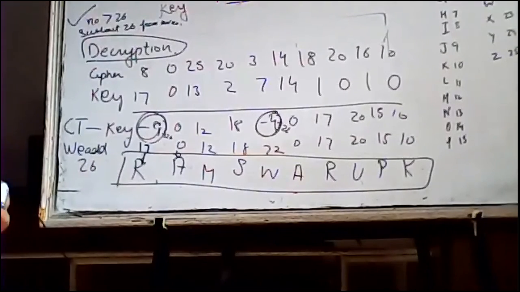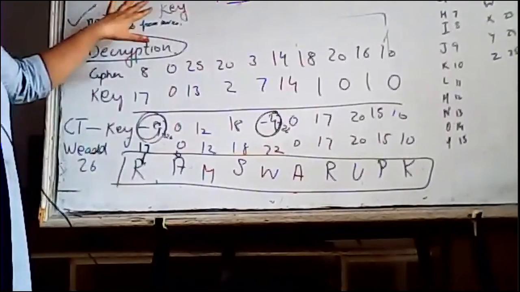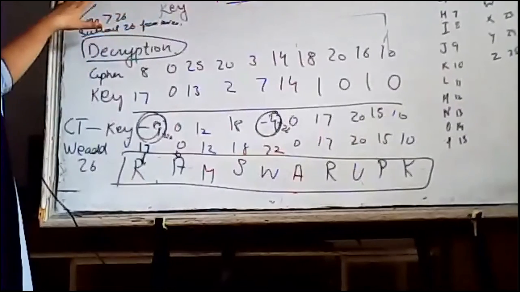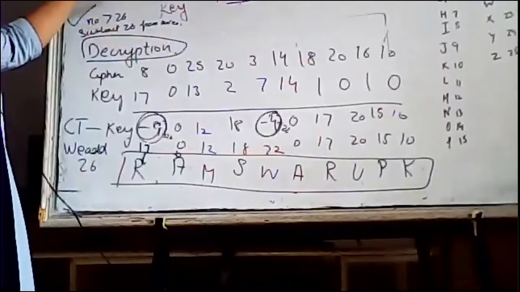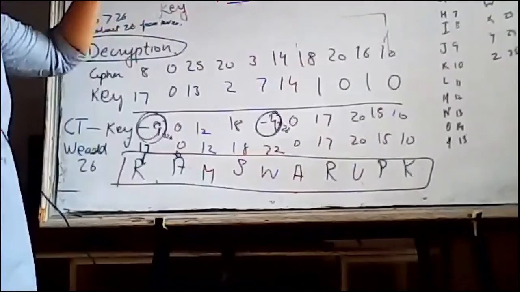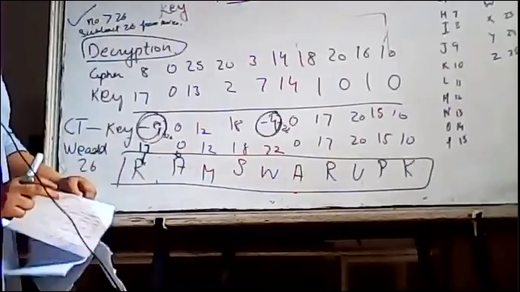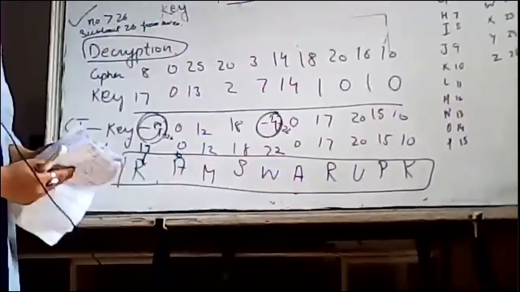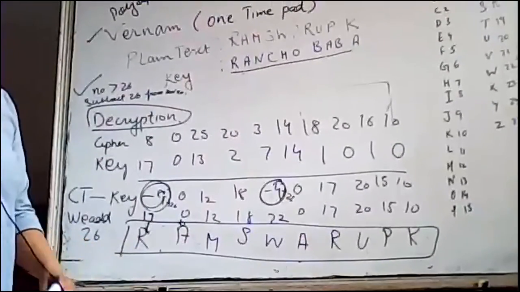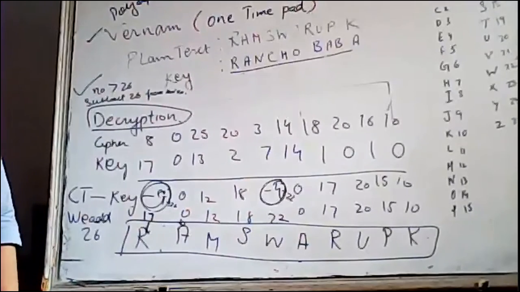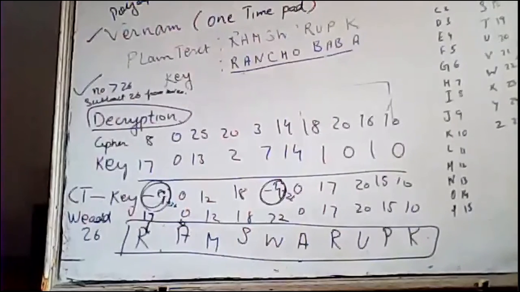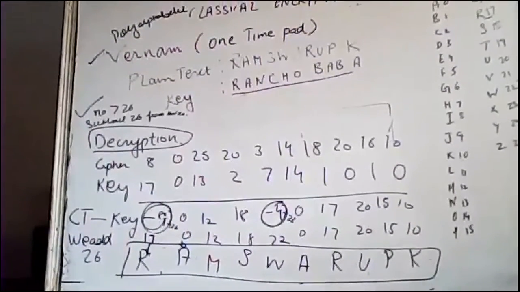And we are left with two techniques. One is the polyalphabetic technique, and another one is the Hill technique, that is the Hill cipher technique. I think if I start that topic, I won't be able to complete it in this session. So I will try to complete it in your next session. Fine?